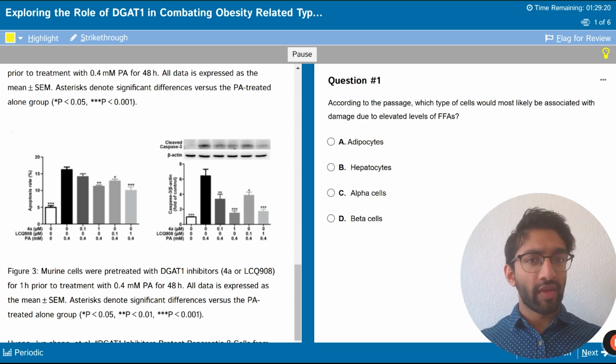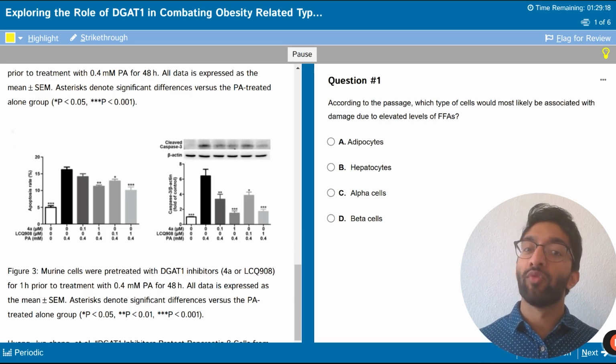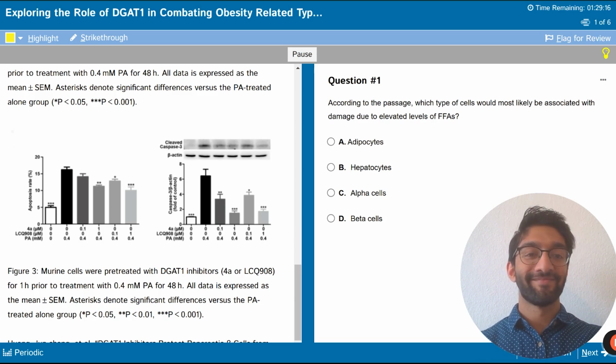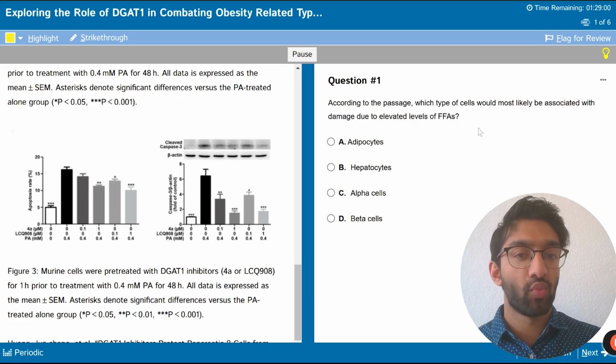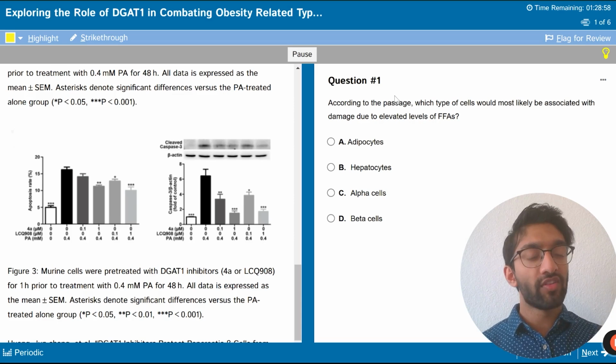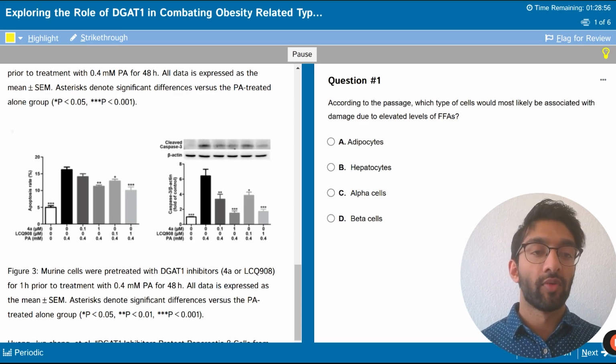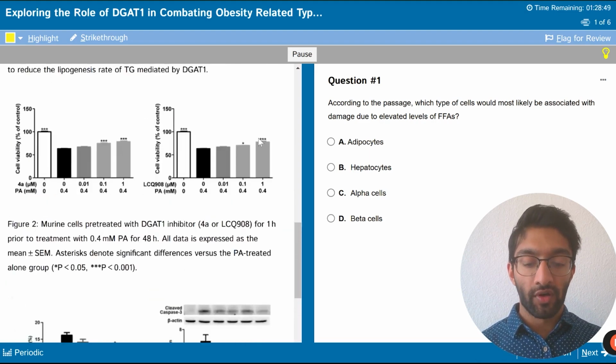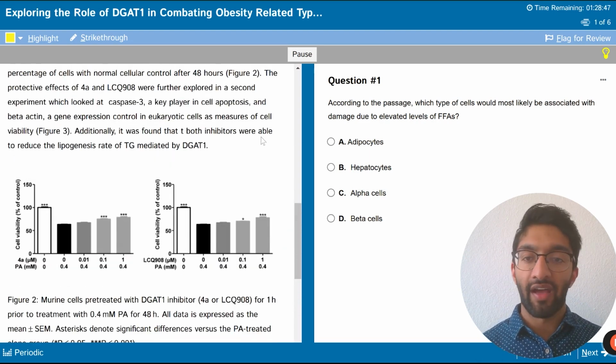Okay, so now that we have a really good overview of the passage, I think we can move on to the questions. All right, so let's look at question 1 first of all. According to the passage, which type of cells will most likely be associated with damage due to the elevated levels of fatty acids? Okay, so we learned earlier that fatty acids basically have a